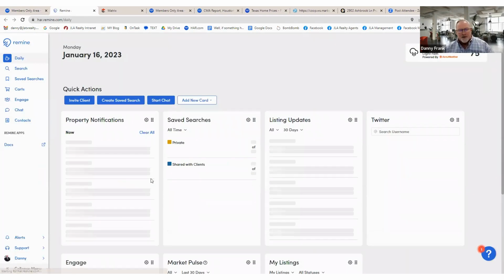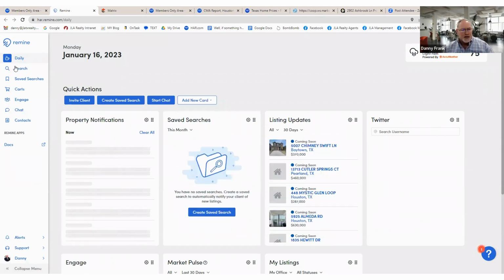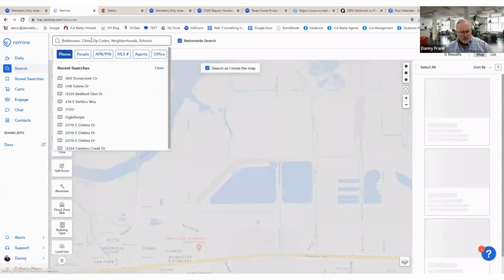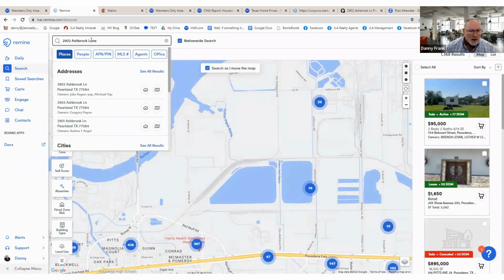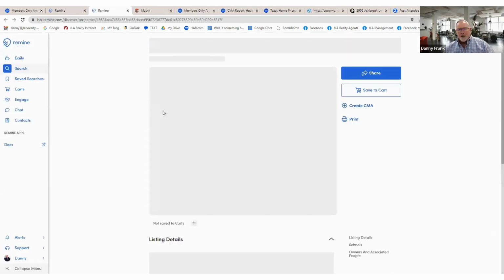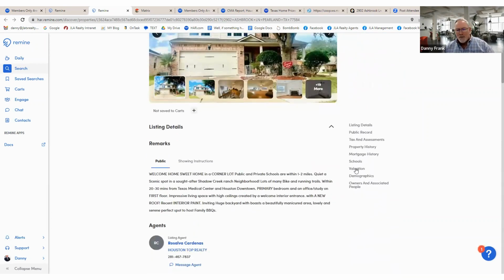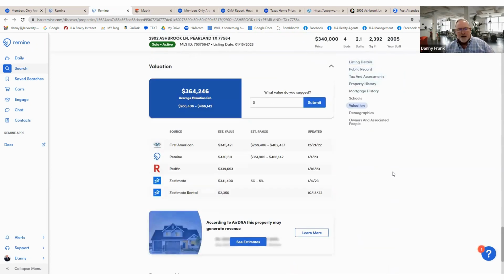and this is going to come up. This is a tool only for realtors again. I'm going to search here, and I'm going to search for that address. There it came up right there. And one of the things I'm going to do real quick, I could create another whole CMA if I wanted to right here, but I'm looking to get in and out of here in 5 minutes or less. So I'm going to come right here to the valuation right over here. I'm going to click there.